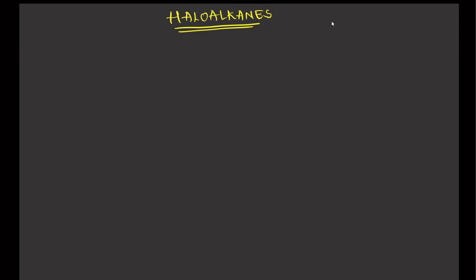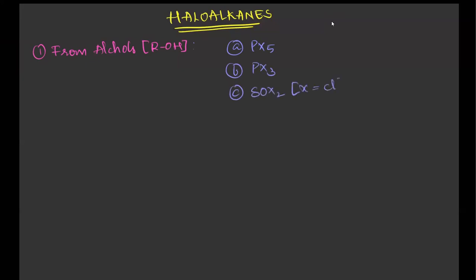First one is going to be from alcohol. ROH. We are going to mention things arbitrarily like ROH, and we are going to discuss one example each. For this method, we are mainly going to be using three reagents: A being PX5, B being PX3, C being SOX2. Of course, here X is only going to be Cl for SOX2 because other halogens do not form this type of compound, and X in the phosphorus halides is chlorine or bromine because iodine or fluorine does not react with phosphorus,